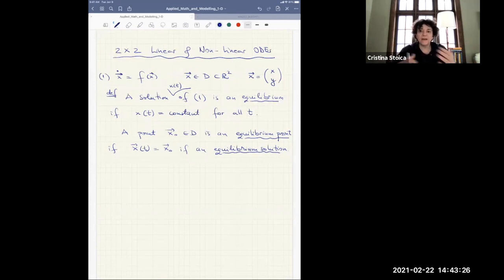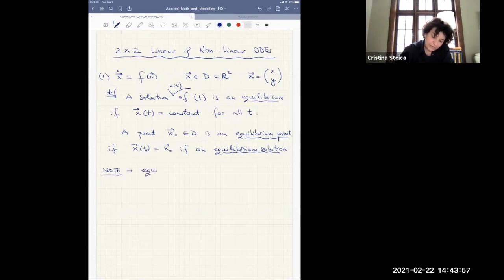In our discussion, we can interchange these, equilibrium point and equilibrium solution, as long as we know what we're talking about. You can just say it's an equilibrium, you don't have to say point or solution. The context should be clear if we refer to a point as a point or as a solution. Okay, so now as a note and as a modus operandi: